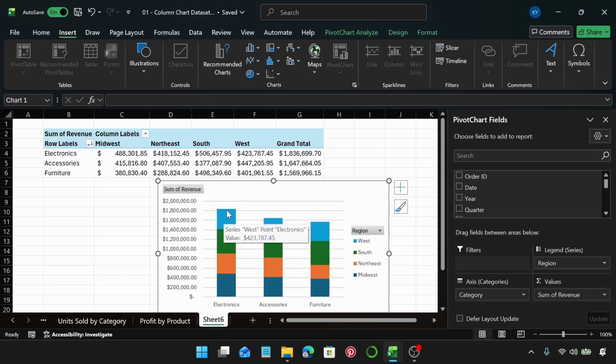And if I hover over here, it's saying West, and it's showing how West contributes to the total. So a stacked column chart is showing the total, and then it shows how each category that you are specifying is contributing to that total. So also here, it's around 1.6, so a little over 1.6 million, same here. And here it's almost